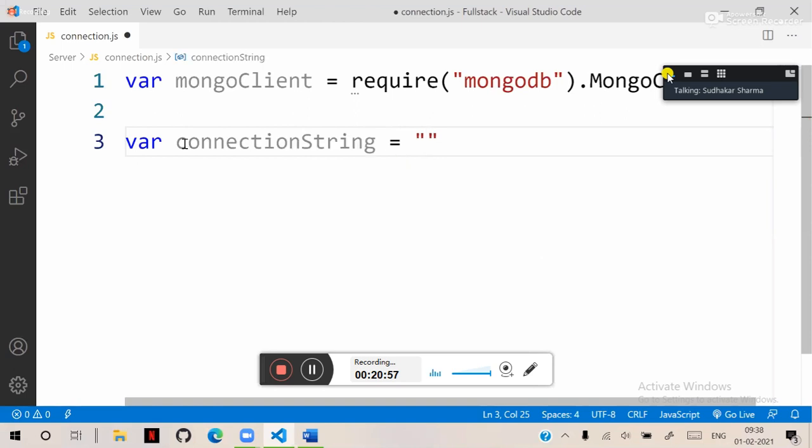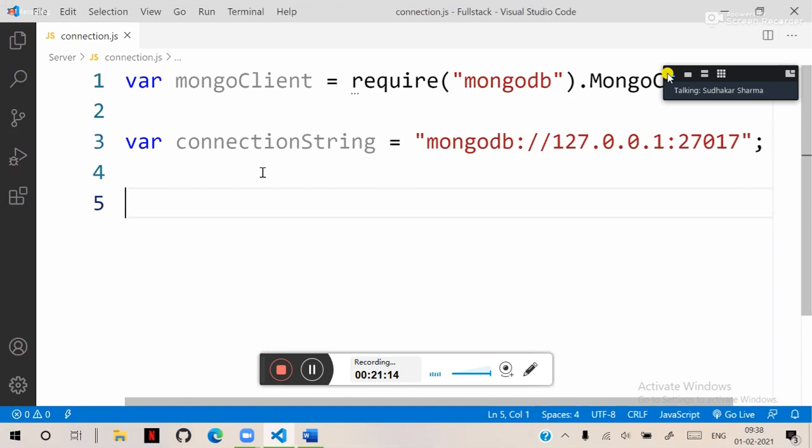And the MongoDB connection string will be mongodb://127.0.0.1:27017. The URL. So the connection string is actually a URL. But remember, in other databases, the connection string will be different. It will ask for username, password, server name, database, all these things you have to mention in the connection string. But here in the connection string, you need to define the